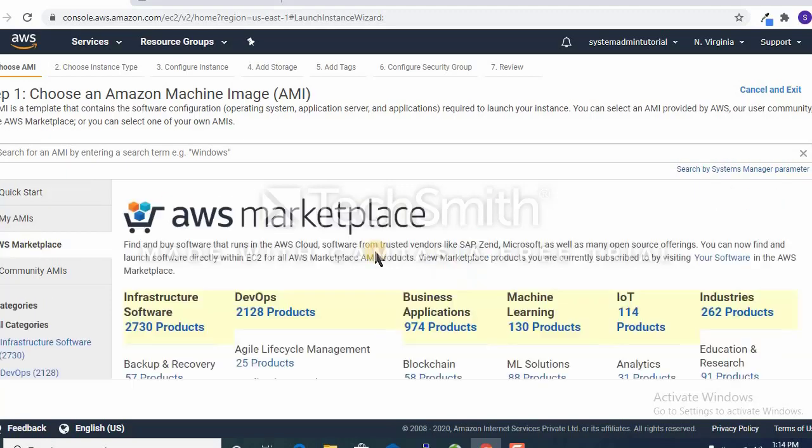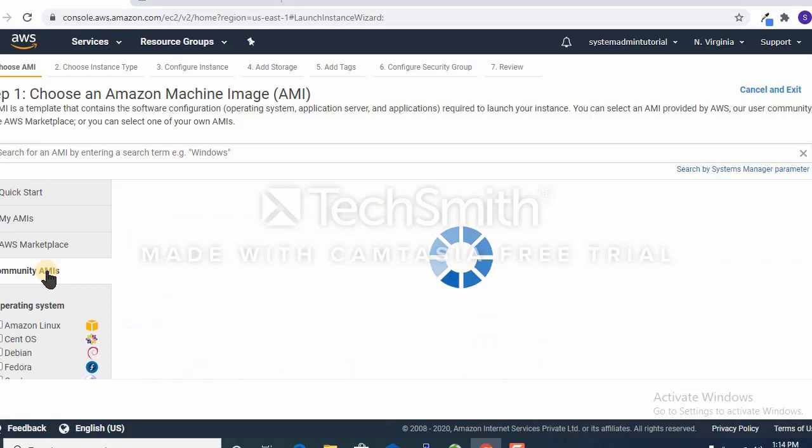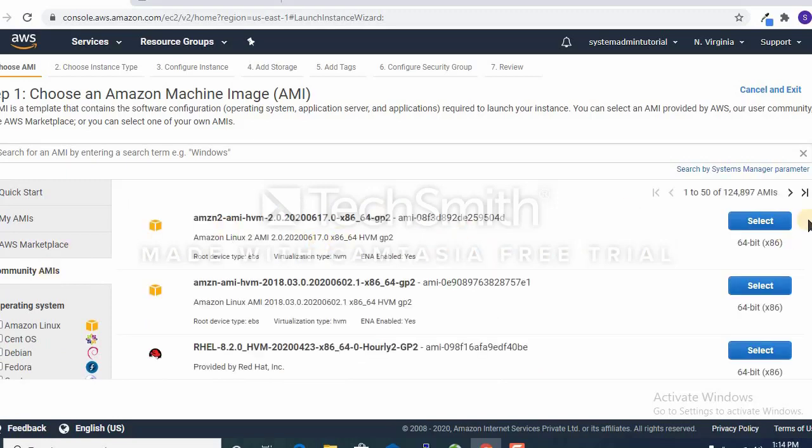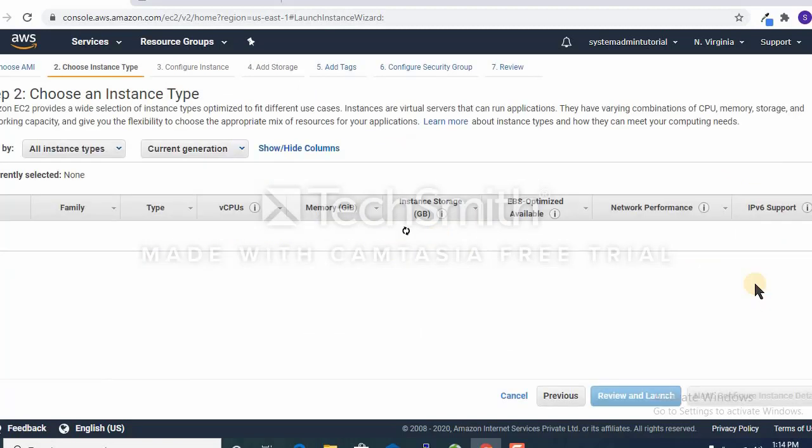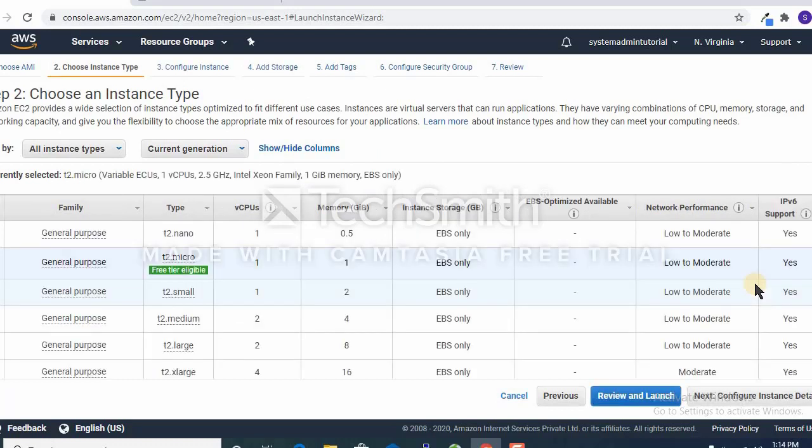Here in the AMI you can see Red Hat Linux is available, so we select Red Hat Linux because we are going to configure Apache on the Linux servers, and select the general purpose type, which is free tier.